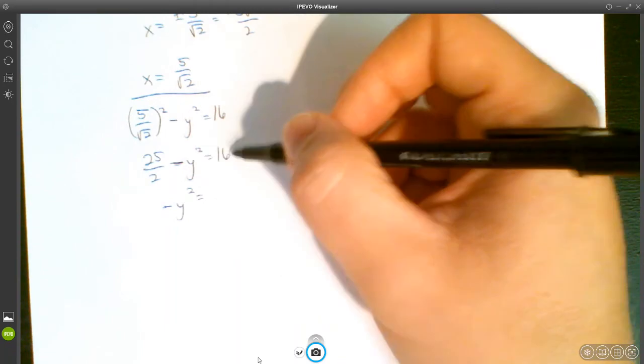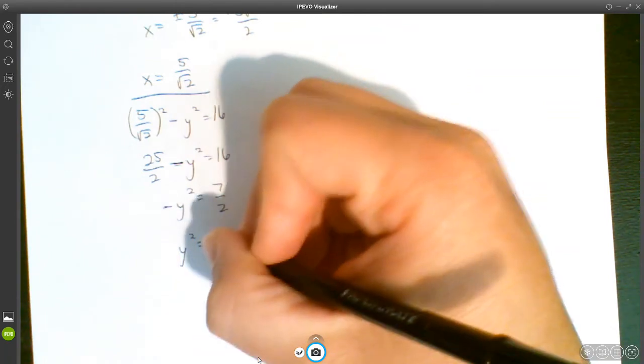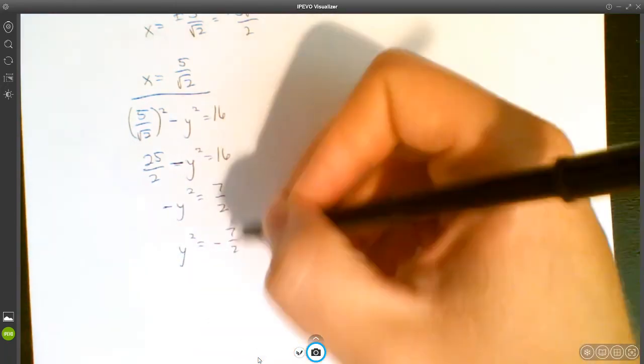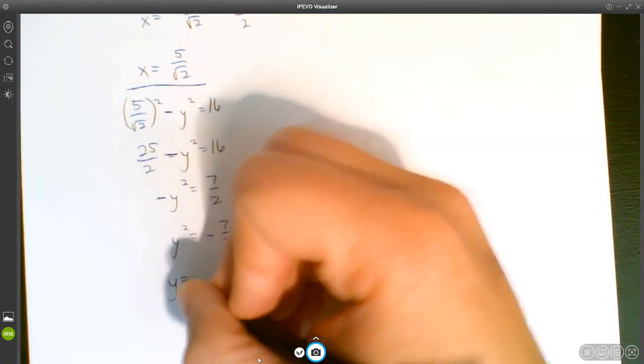What is going on? Okay, sorry. 25 halves. 16 minus 25 halves is 7 halves. So we're going to get y squared equals negative 7 halves. That means that we get no solution here. I mean, our solution set would be, y would be